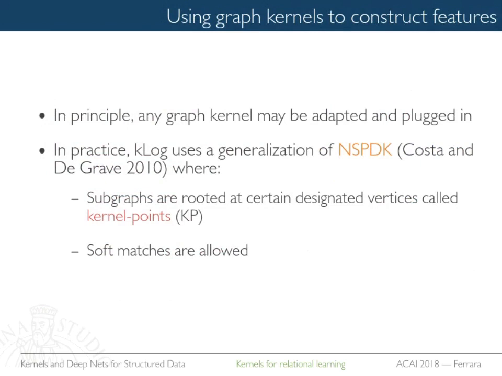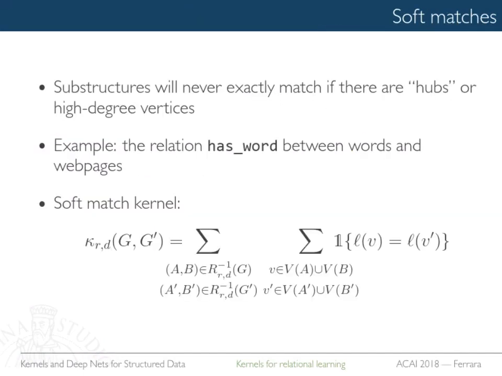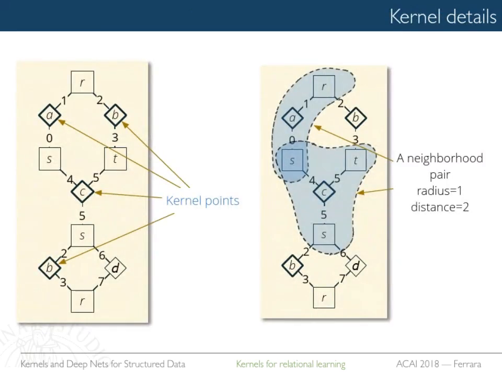Any graph kernel. And in particular, we plugged in something I did a few years ago: NSPDK. Remember, NSPDK is the kernel looking at pairs of balls, right? I'm doing the match with the hashing. I'm not giving you all the gory details, it doesn't matter. Also this one, let me skip it because I want to be fast.